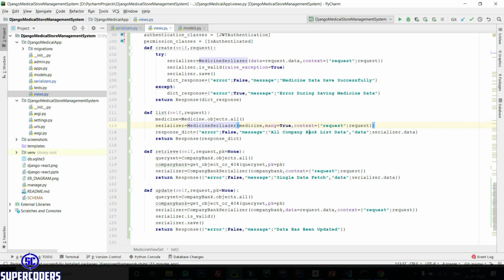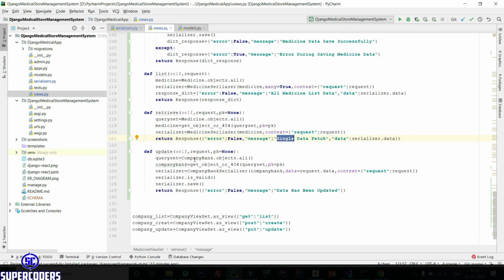Then all company, all medicine list data. Then come back here, change to medicine and medicine, and change this to medicine, and here change it to medicine serializer. So single page data.